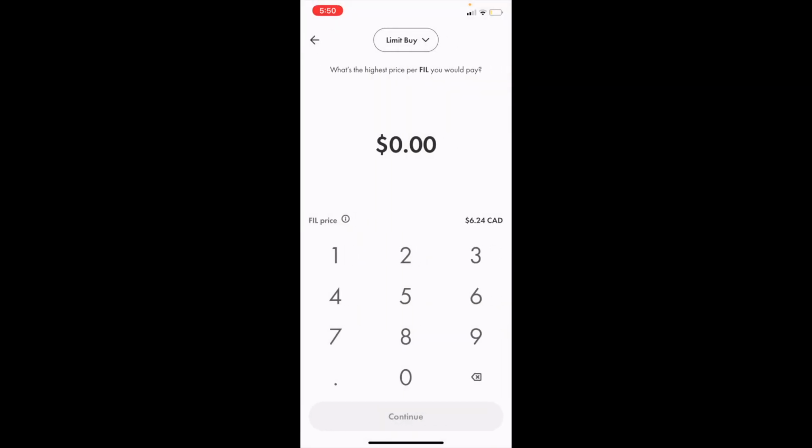Now on this screen, set the highest price you're willing to pay per Filecoin here. So as of right now, it's priced at $6.24. If you wanted to maybe pay the highest at $6, for example, just press on $6 right there, then press